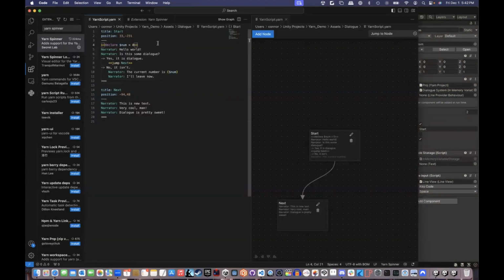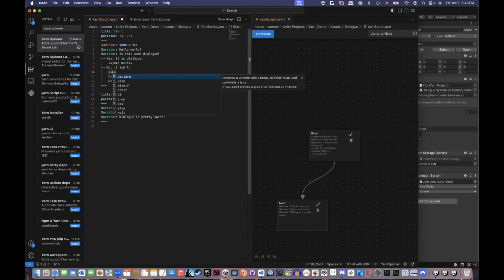And since we have variables, we can also have conditionals. So let's set num to 5. Let's say that if they select no, it isn't, well, let's change the response based on what that number is. So just like before, do the open close curly braces, and you can do a pretty simple if statement. Just say if num, and just like in most languages, you can do is equal to, not equal to, greater than, less than. So let's just say if it's greater than 3,